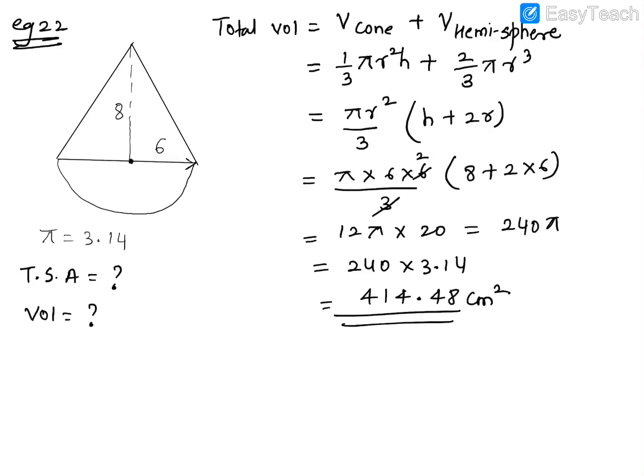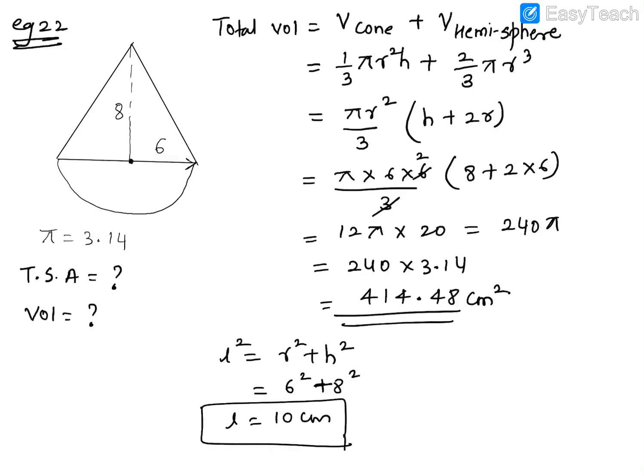Now we have to find out total surface area. So for total surface area, first thing what will you need? You will need the slant height of the cone. So we'll first find out the slant height. What's the formula for slant height? L squared is equal to r squared plus h squared. How much is the slant height? We need to find out. R is given, 6 squared, height is 8 squared. Some of you must be remembering that L is equal to what? 10. So it will be 10 centimeter. That's your slant height. Now guys, we need to find what further?